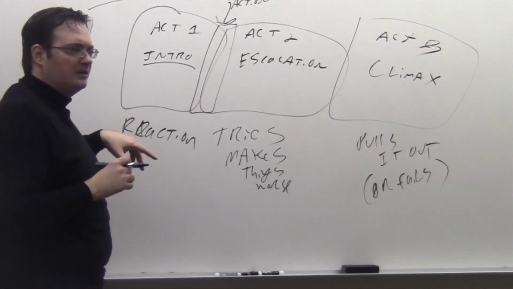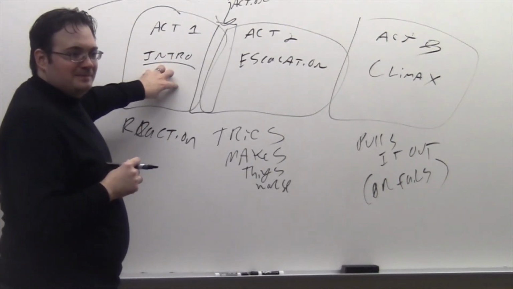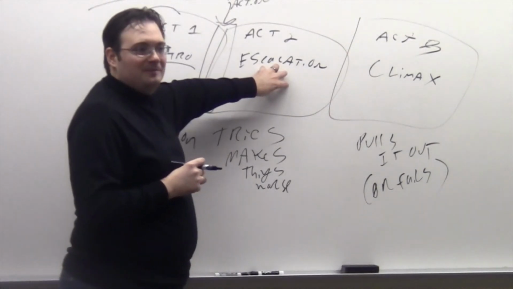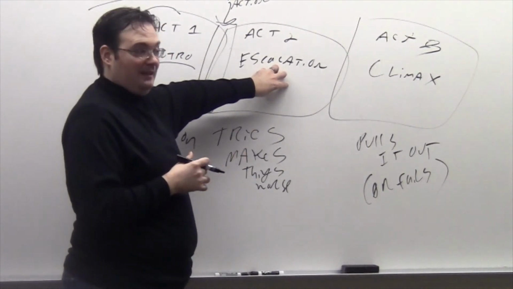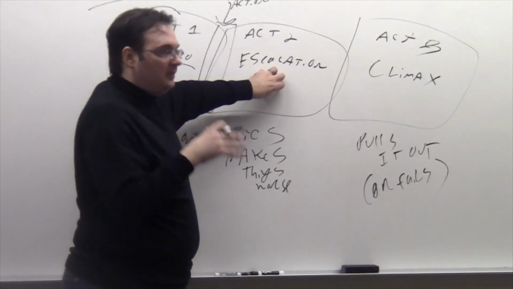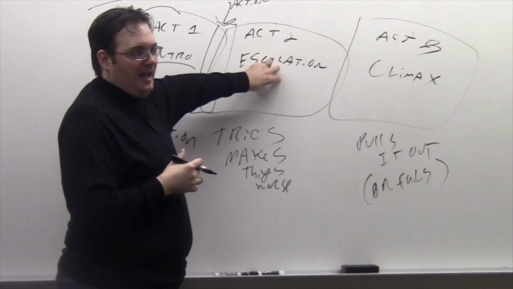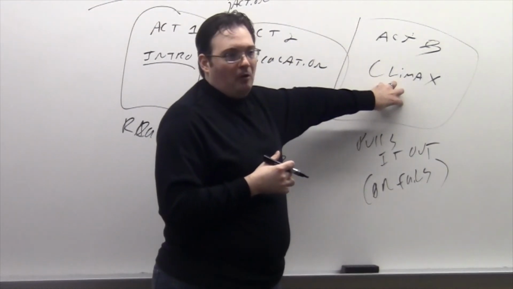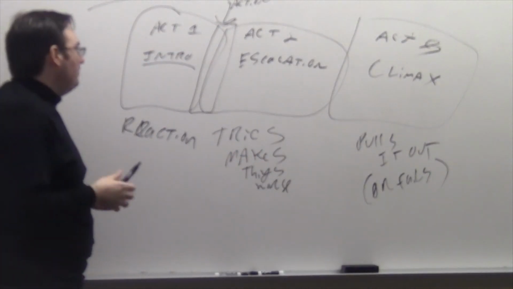But you can see it for Star Wars. Someone break this down for the first Star Wars film for me. What's Act 1? Luke's on Tatooine. Running away. Act 2, they go to the Death Star and they actively go and get the princess, right? We're not being chased now. We are, but we're actually doing something. But lo and behold, we get the princess. But what happens? Ben Kenobi dies. Everything's awful. And we're about to get blown up. Act 3, we somehow pull it out, right? This is your basic structure for this type of story.